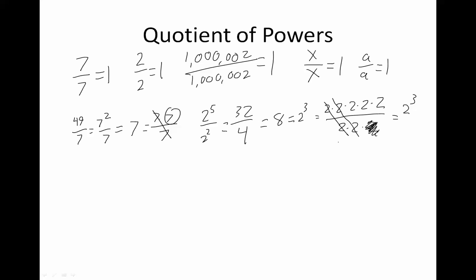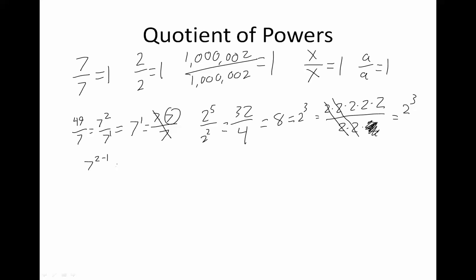And I wonder if you've seen it already, right? This is 7 squared over 7 to the 1st, and that answer ended up being 7 to the 1st. This was 2 to the 5th divided by 2 squared, and the answer ended up being 2 cubed. If you've noticed that 7 squared divided by 7 to the 1 is like